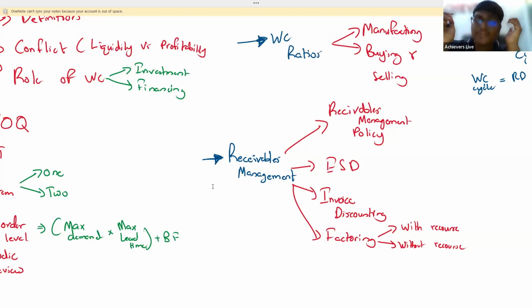Okay. So if you go for a factoring agreement, what is happening? You are outsourcing your receivables management to a third party company, the factoring company. So what are the services provided by the factoring company? One is receivables management. Next thing, if you are going for a without recourse agreement, there will be bad debt insurance. And the next benefit of a factoring agreement is that the factor will advance the receipts from your customer.